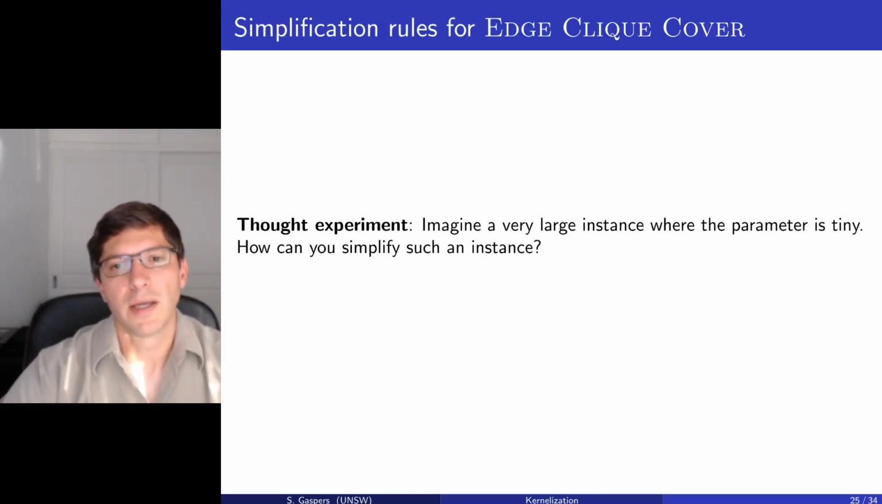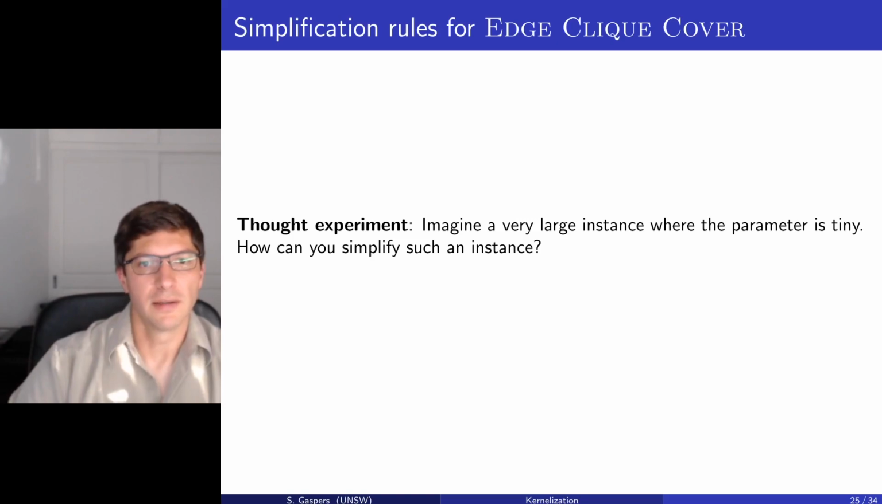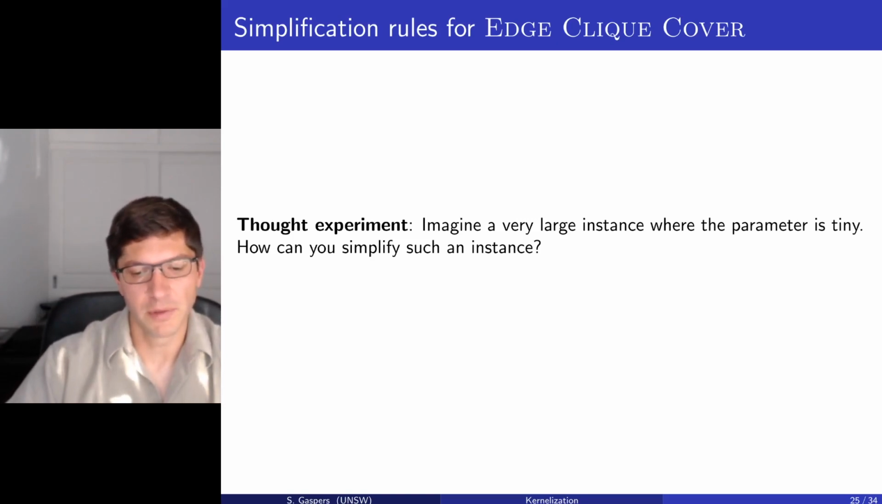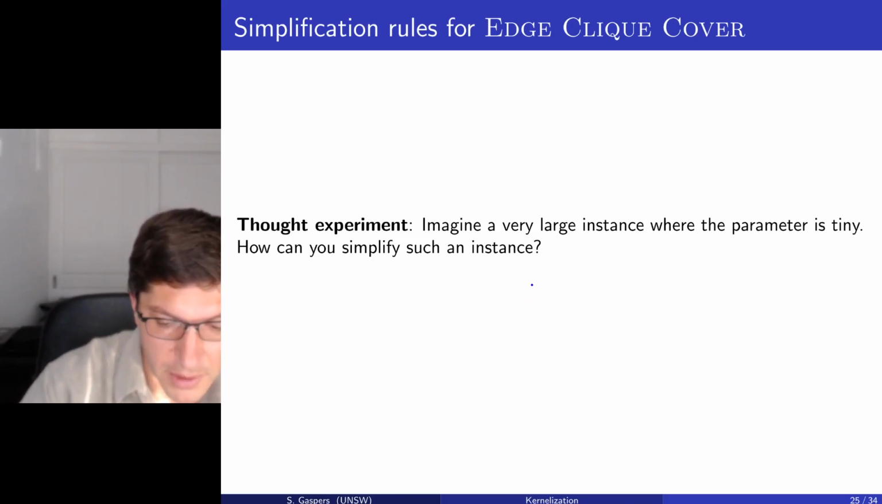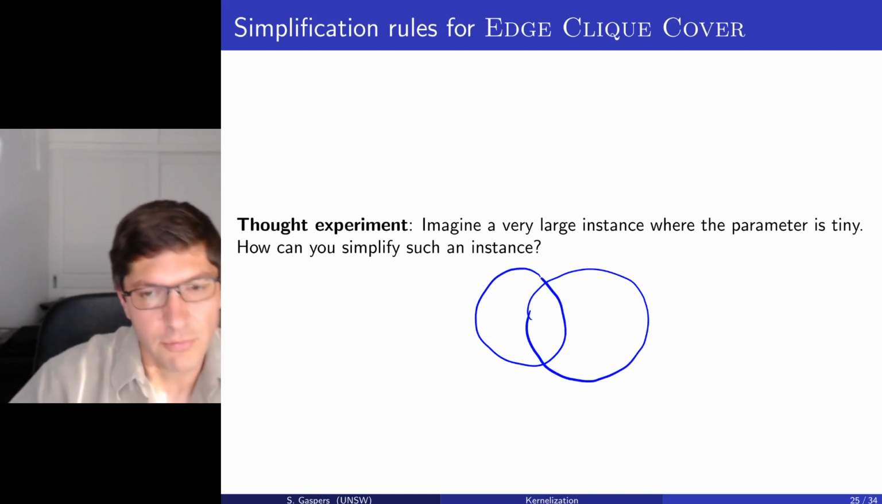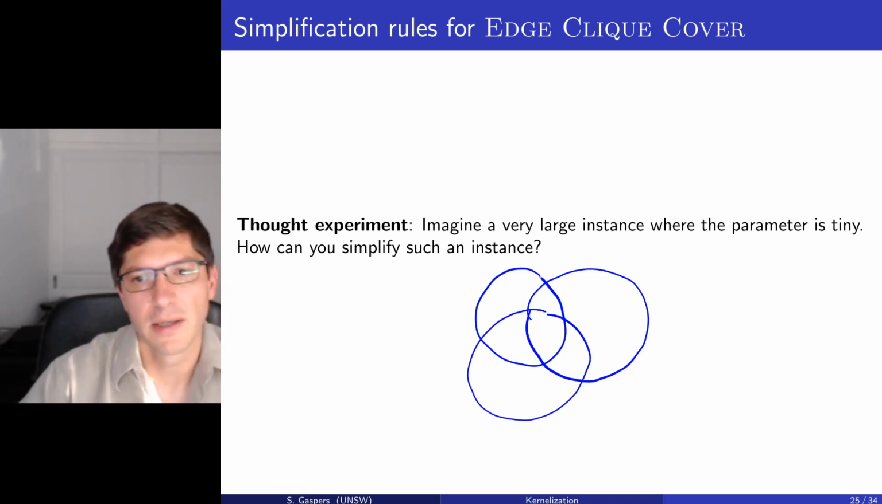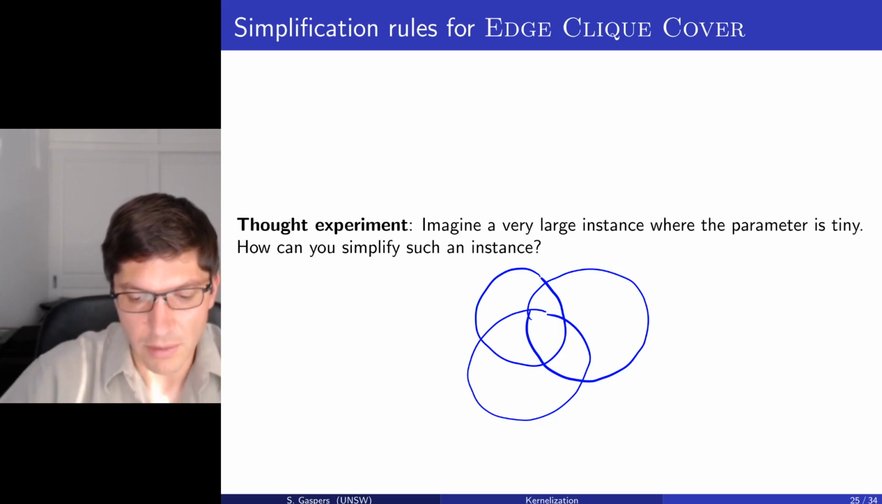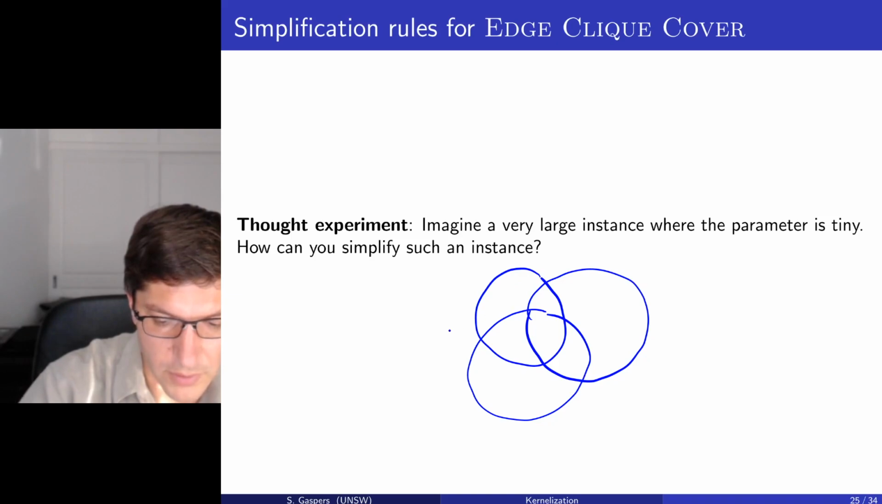Now again, we will imagine a very large instance where the parameter is tiny. And then we ask, how can you simplify such an instance? Okay, so let's assume our parameter is 3. If we have a yes instance, then there exist 3 cliques that cover all the edges of the graph. Now we just check where the vertices are contained. There might be vertices outside of the cliques,